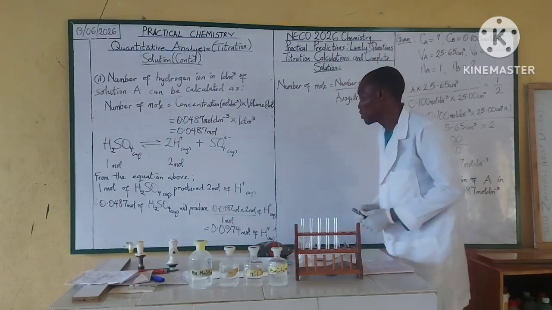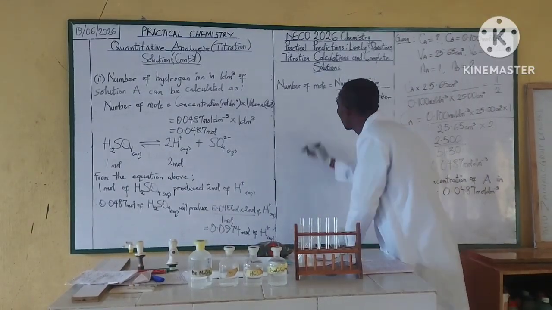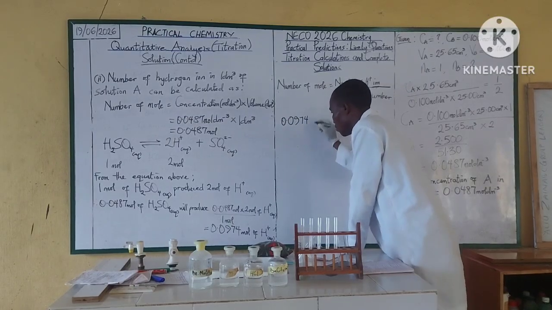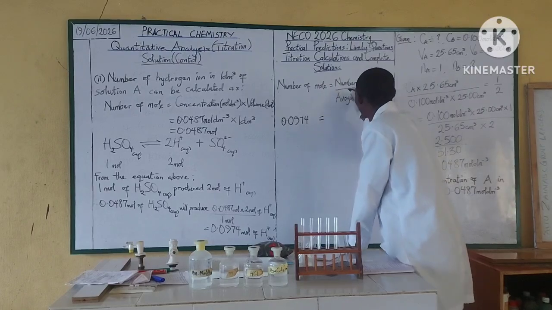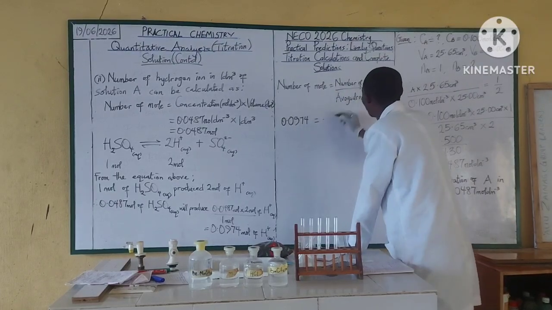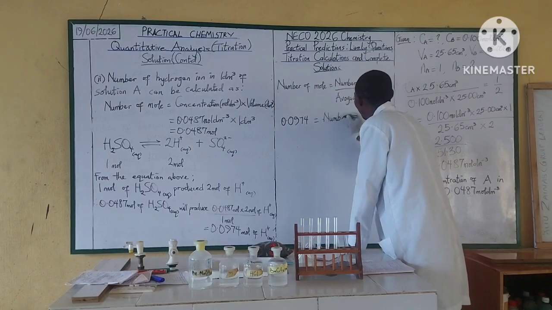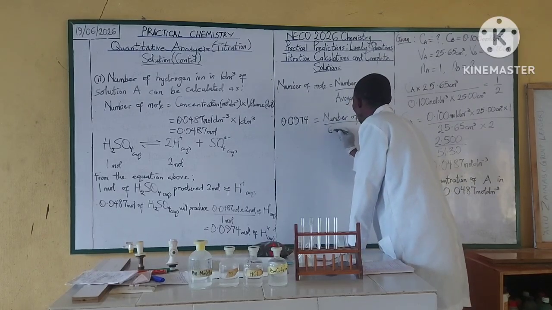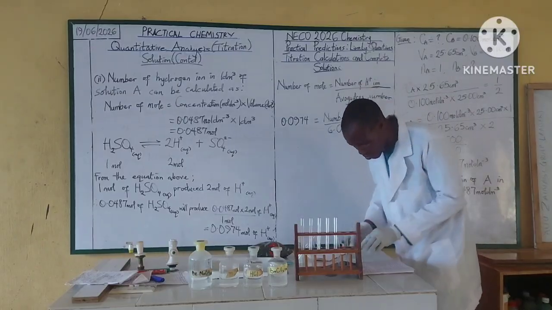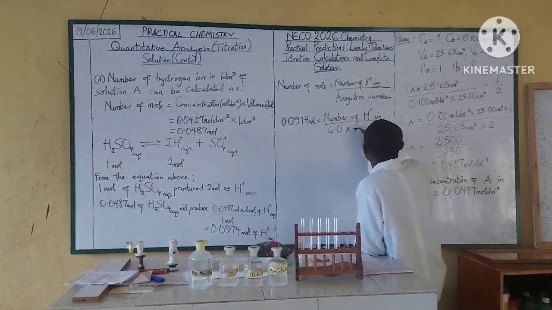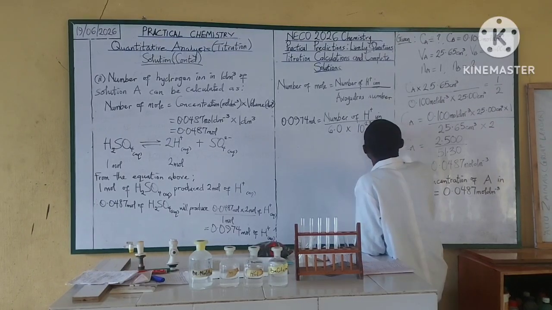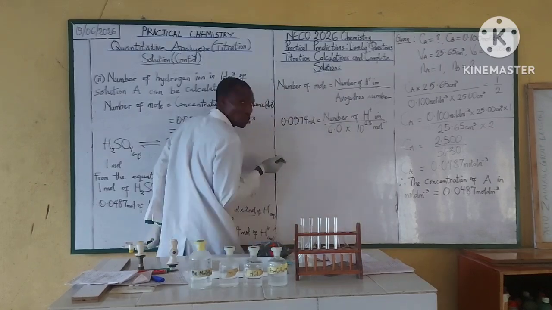Having understood that, we can now put our number of mole here, which is 0.0974 mole, to be equals to number of hydrogen ion over 6.0, the one that is given to us in the question, times 10 raised to power 23 per mole. Now, at the end of the day, if you cross multiply,